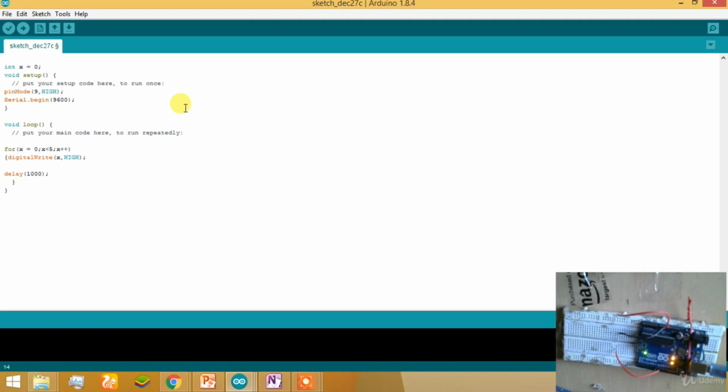Now, for what we want to see on the serial monitor, declare Serial.print. I always use println to get the output on the next line.